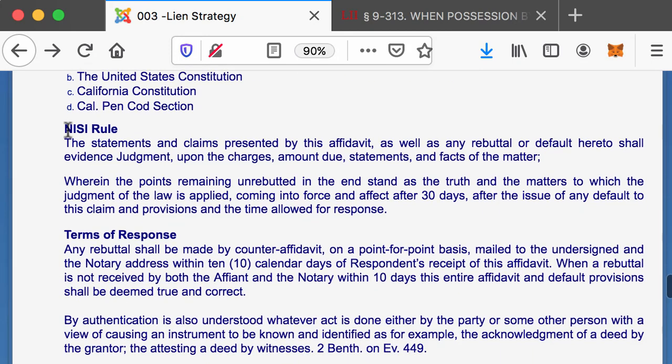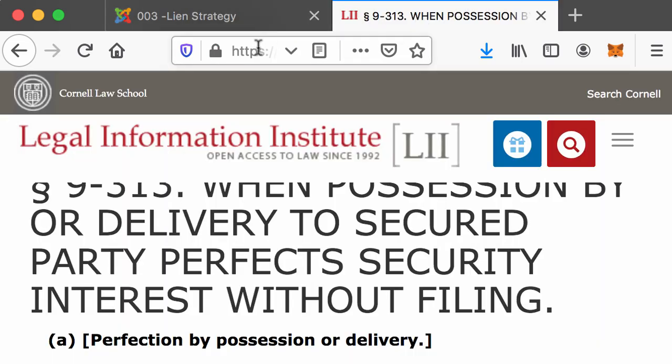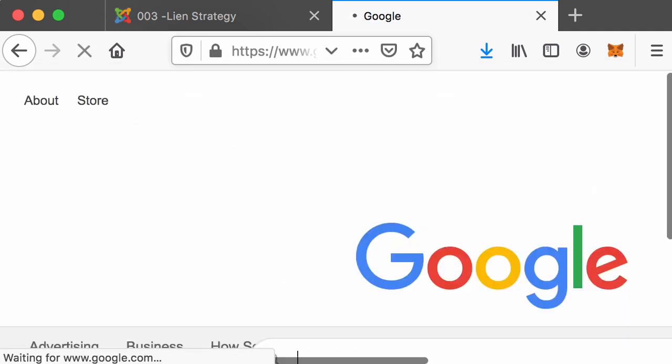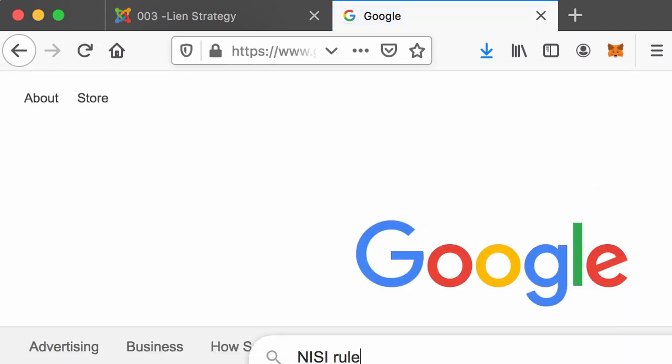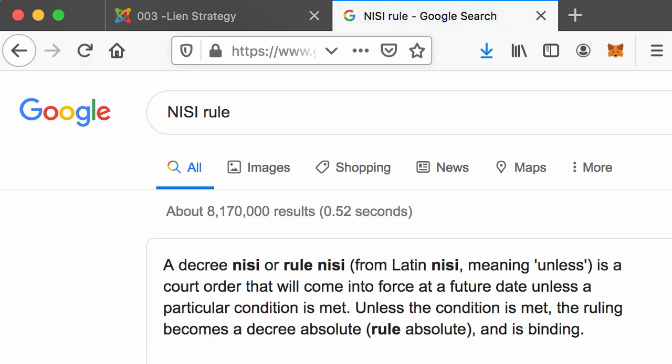Now this is important. You can go look this rule up. Let's look it up. The Nisi rule. You can look it up in the law dictionary, but we're just going to do the Google way for now. It's a little bit more advanced, as technology, let's say, than typically the tacit acquiescence clause of not responding. So,